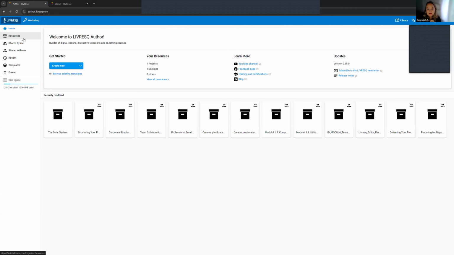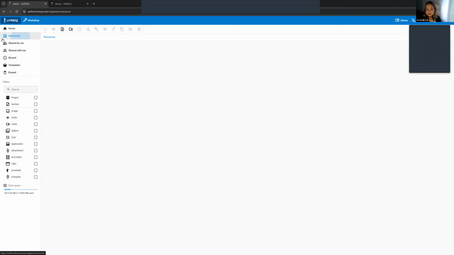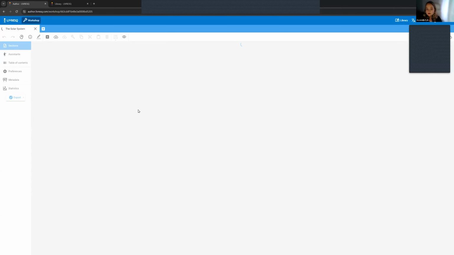Just a second. If you go under resources here, this is where everything is saved. So LIVRESQ saves your project automatically. You don't need to worry about saving because we're working inside a browser. And this is the place where you can find all of your projects. If you want to access the project that I previously created, I'll just double click the project entitled